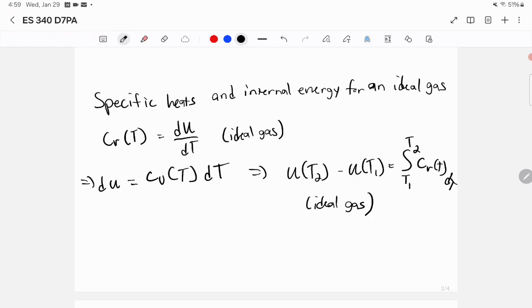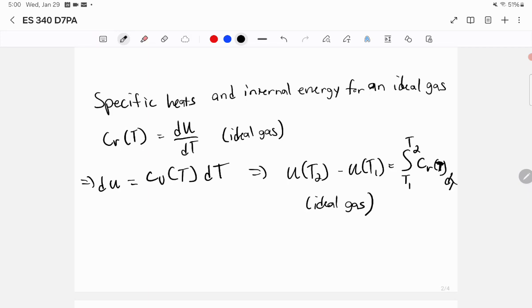Okay, so the idea here is I could find the specific internal energy, which you could find off of a table, for instance, at a particular temperature, subtract that off from the other temperature, and voila, I would be able to map this back to the integral here of this. That's a capital T, by the way, of this